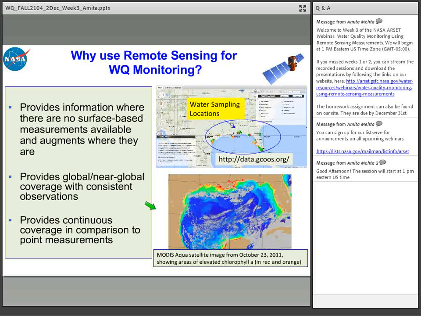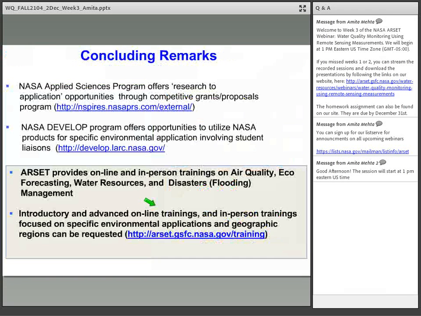So when combined with in situ measurements, remote sensing measurements can provide very good information about water quality parameters, and these data are completely free. There are tools available, so they can be used anytime and anywhere, depending on what water reservoir you're looking at. So in conclusion,